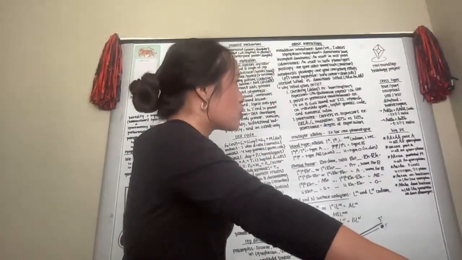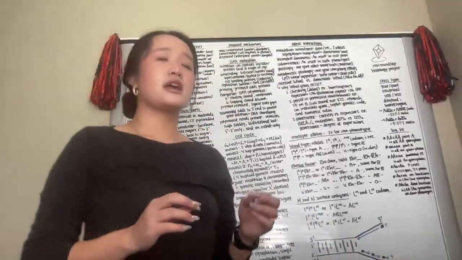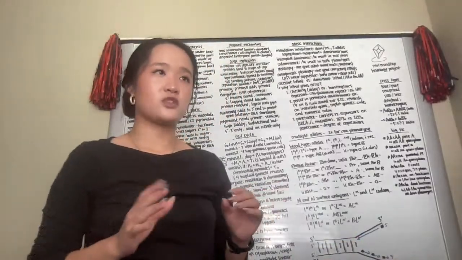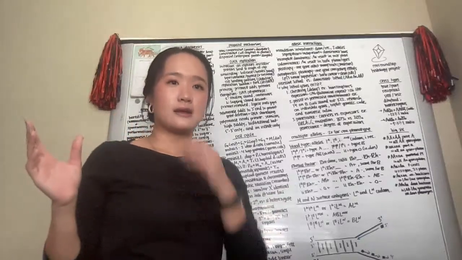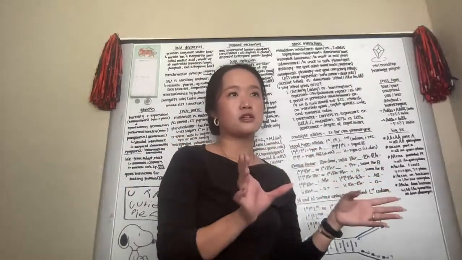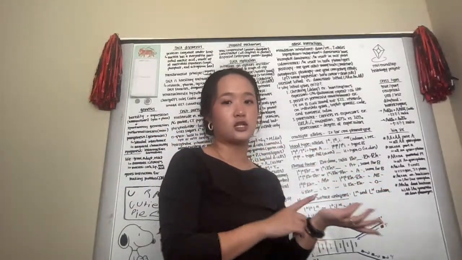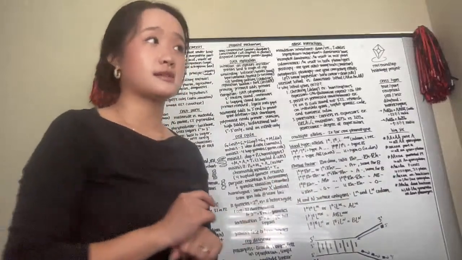So a reciprocal cross is a cross where, for example, if you're going to test for one trait, you're going to test with the male having that trait and the female being a wild type. And then you're going to do another cross where the male is wild type and the female has the trait that you're trying to test. So the purpose of that is to see if the trait is sex linked.